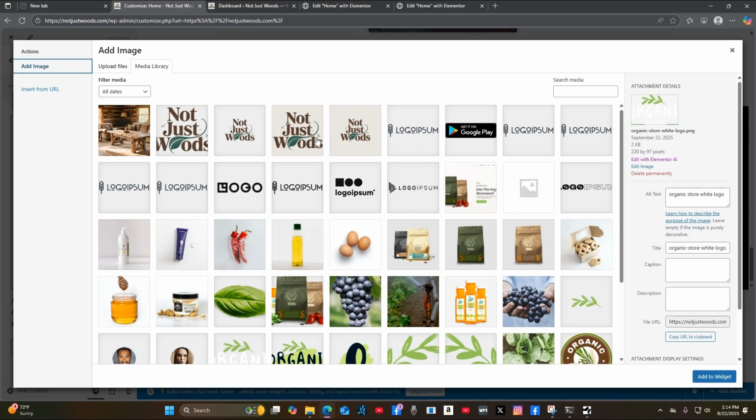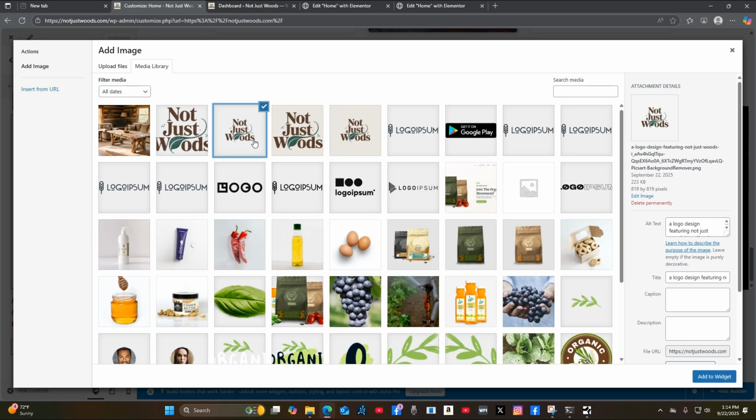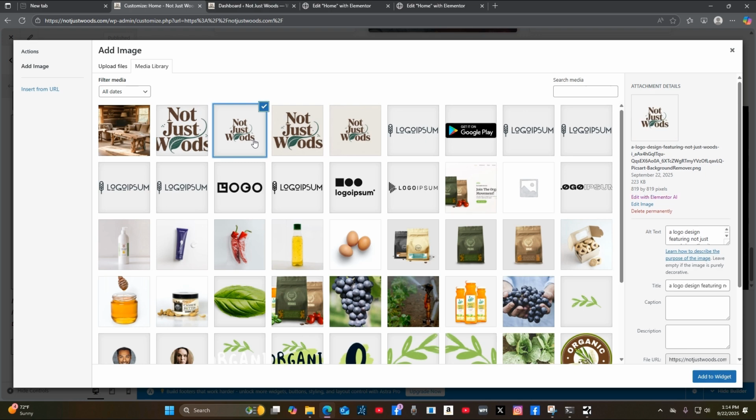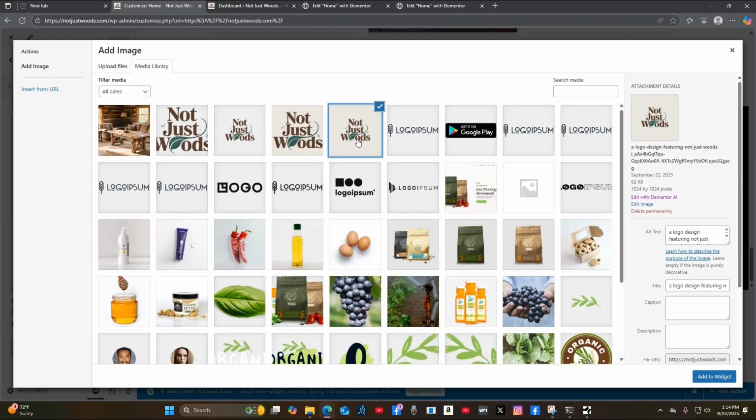We cropped these. So this is the cropped PNG. You can see this is PNG. That's going to have the clear background, whereas this is the uncropped version of it. And this was a JPEG, JPG. So these have the colored background. I wonder if,